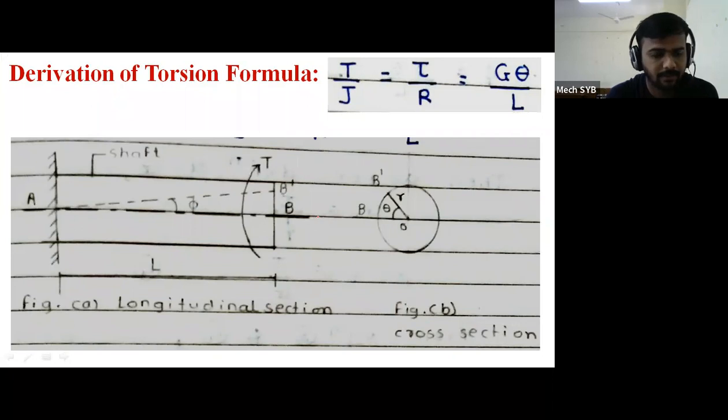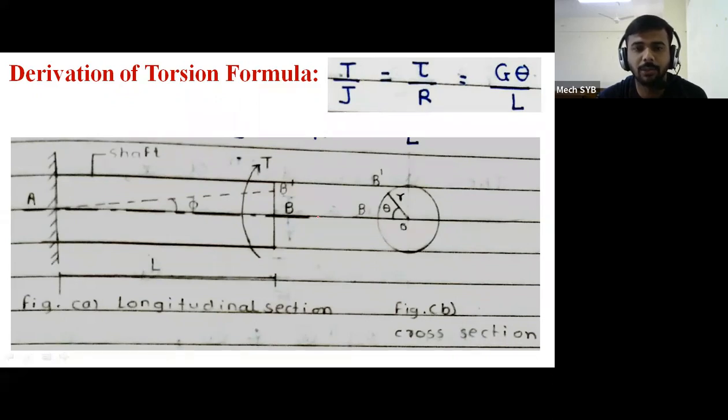So once again, very good afternoon all. In the previous lecture, we started the new chapter, chapter number 4, the torsion of the circular shaft. And in the previous lecture, we discussed how the shaft is subjected to the torque, and due to that torque, how it is subjected to the twisting moment,